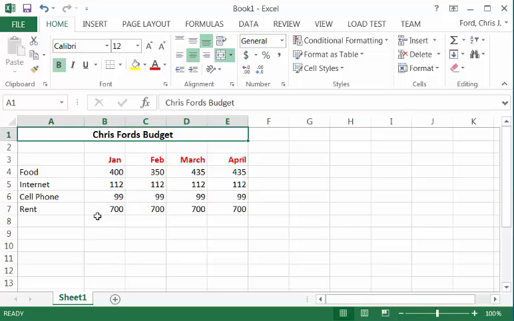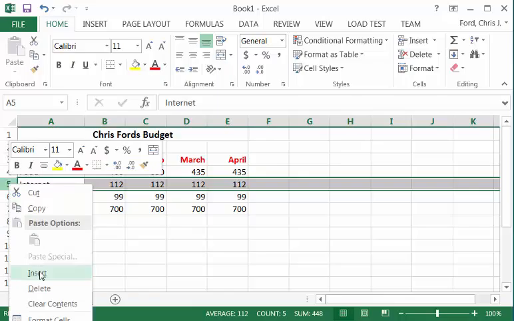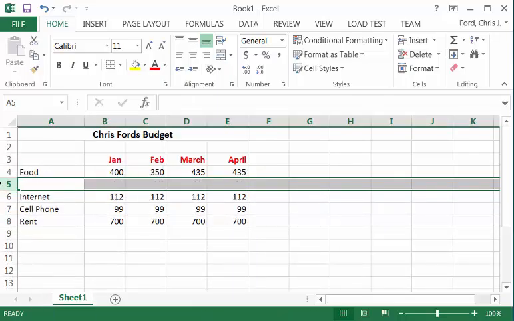The other thing I wanted to talk about next is inserting rows or columns. Let's say maybe I want to insert a row here. I'm going to click on the actual number for the row. Notice if you click on the number for the row, it highlights the entire row. Once you've got that highlighted, you can right click and you can go to insert and it will insert a